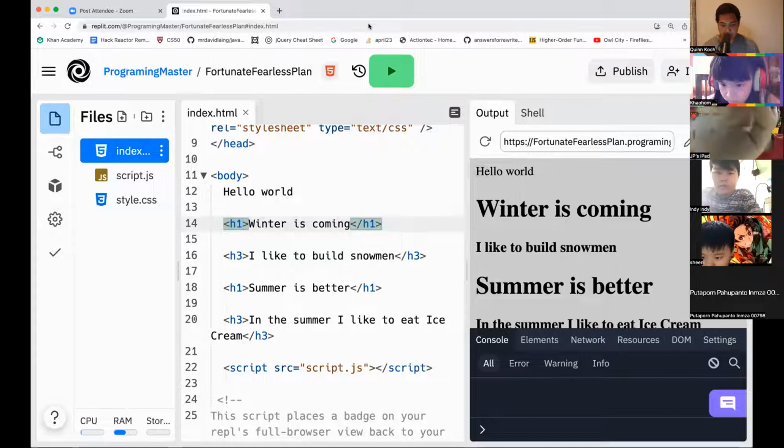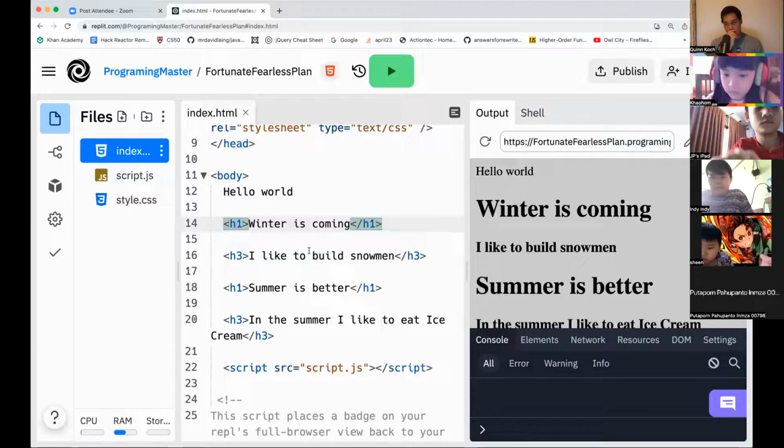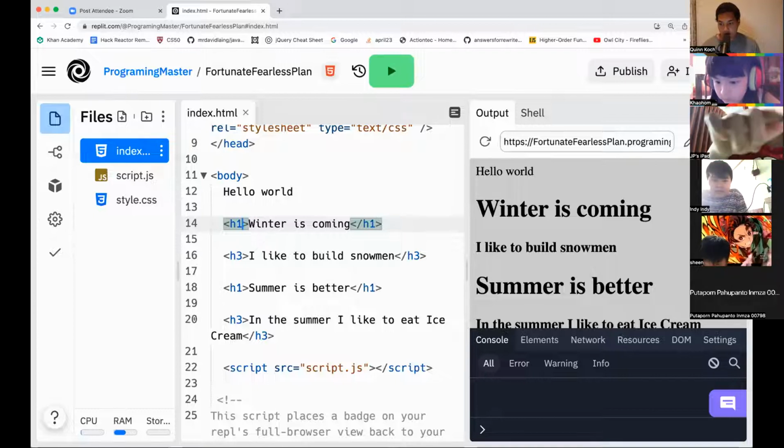All right, and that is because today we're going to be learning something a little bit new, and that is classes and IDs. Quick question. Who here already knows what a class and ID is? Just wondering. All right. So an ID or a class are ways to